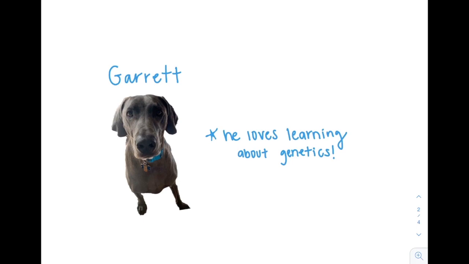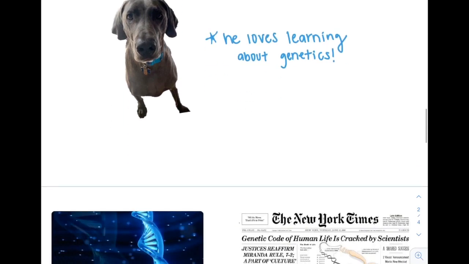Today, he learned that DNA has a double helix that is most commonly right-handed. This is something that Watson and Crick discovered in their structure of DNA, but sometimes it can be left-handed, commonly seen in the Z form of DNA. So we're going to go through some examples with Garrett and see if they're left or right-handed.